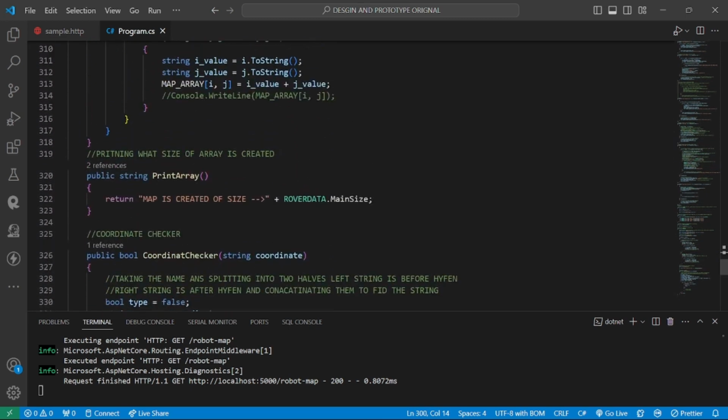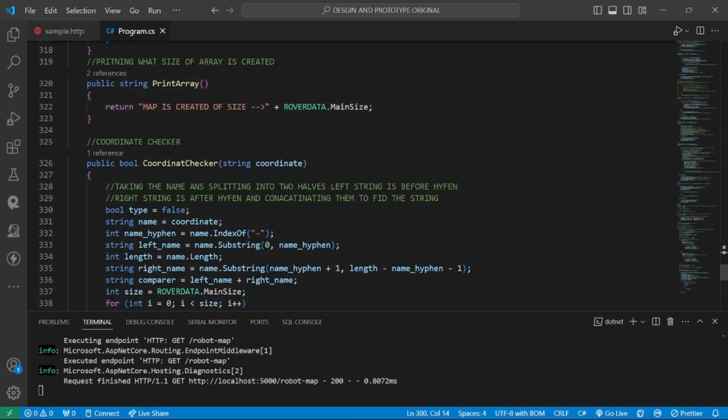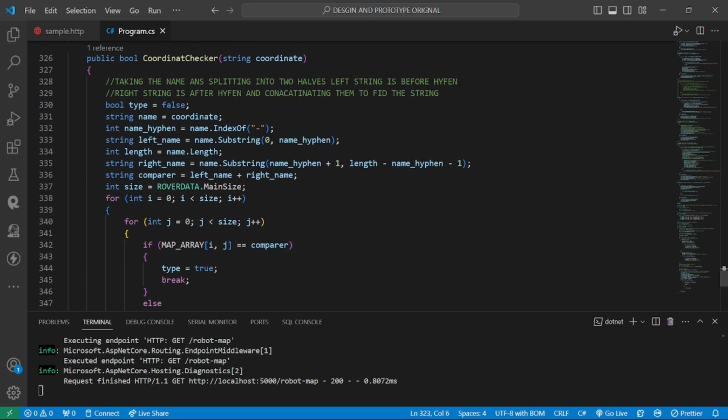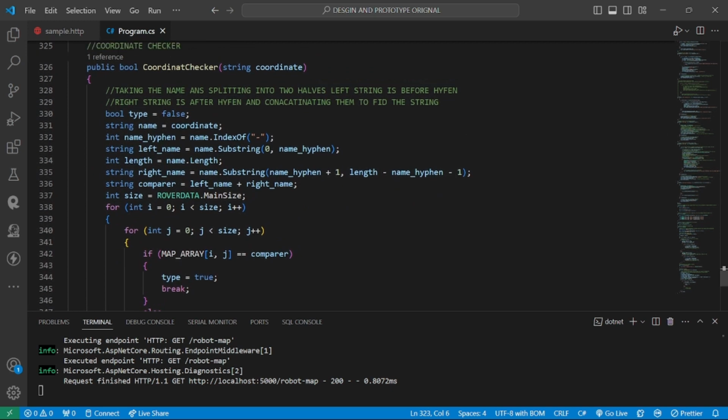Here it is. And print array, this function is basically used to print the size of the array, and the bool checker is really important. Initially we have set the size-not-set flag to false. Okay, and we are entering the string name using the coordinates, and dot index of hyphen is giving us the